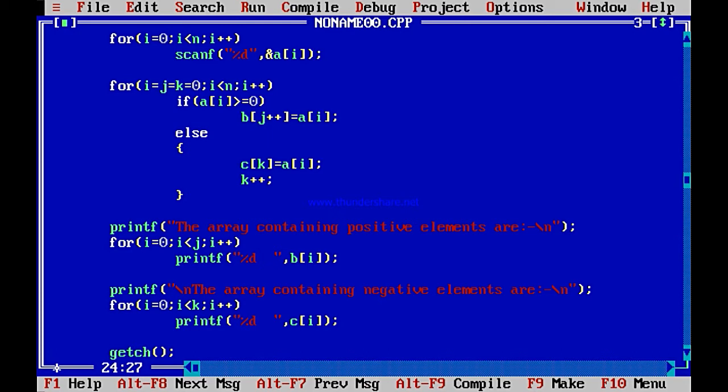These two can be combined. I repeat once more. Ai will be copied. Suppose J is 0. You are writing this line Bj++ equal to Ai. Ai, where will it be copied? Will it be copied to B1? No. J is 0. Bj++ equal to Ai will mean Ai will be copied to B0 because J is 0. But then J++ will happen. That is, J will become 1.